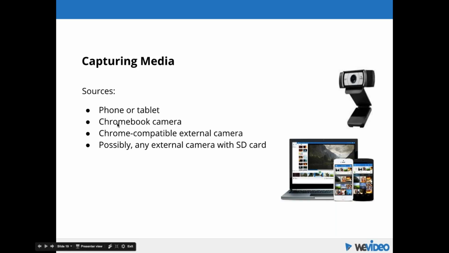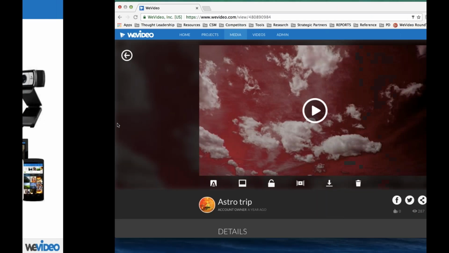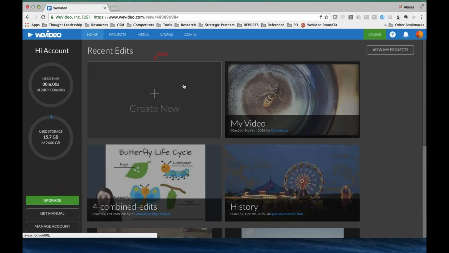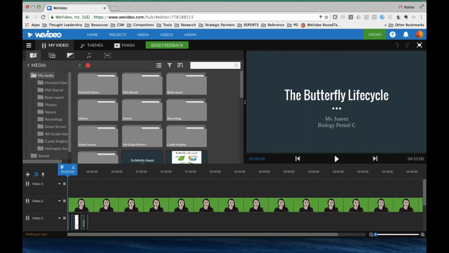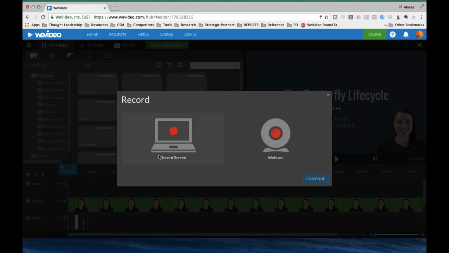You can also use the Chromebook camera, and the way you do this, if we go into the editor, is through this record button here. I'm in the media section, I see this record button, and by the way, this is also going to give you the screencasting feature, but I can also just activate my device camera and capture content from here.